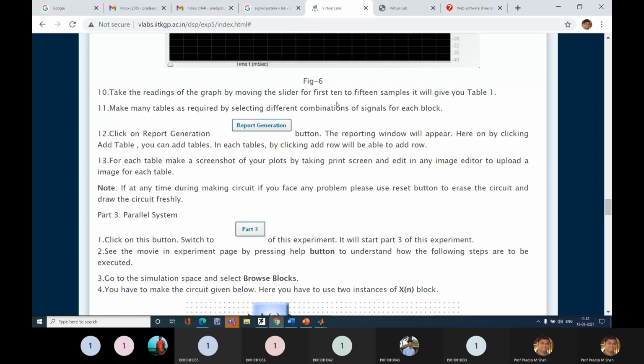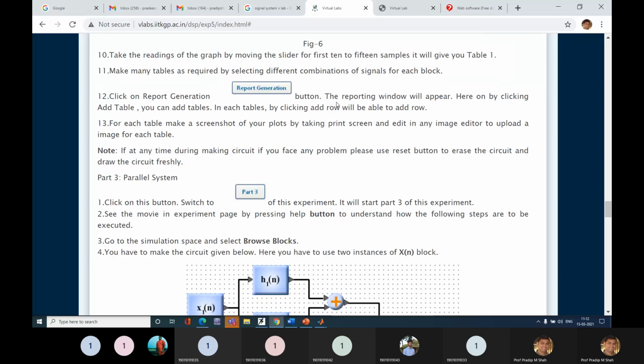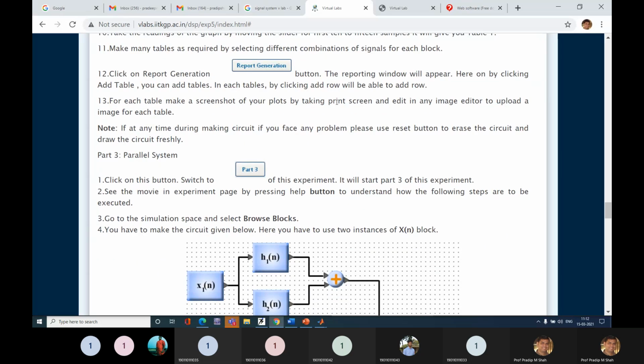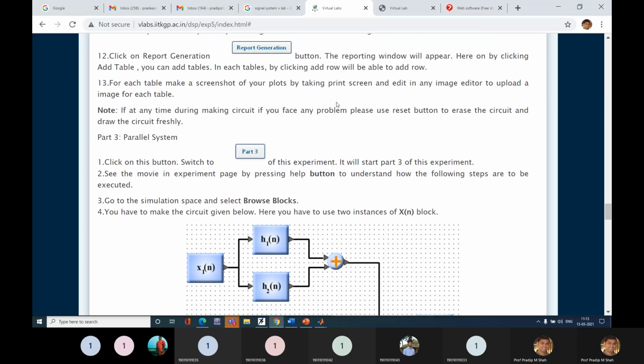Now we proceed to the third part. The third part is a parallel connection. In the first part, we considered a single system and found its output by taking a convolution.